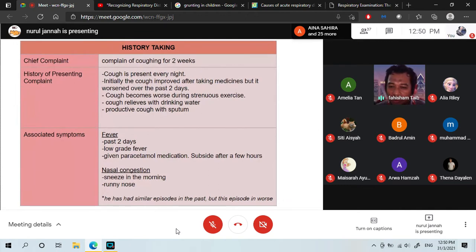You can say of note, he had twice episode of presentation to the GP. At that time, he wasn't referred for admission, but required nebulizer. Then that will be much clearer, rather than keeping it to yourself and then saying it at the end of it. Okay? Understand? Yes.